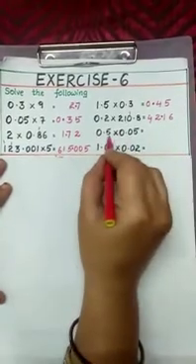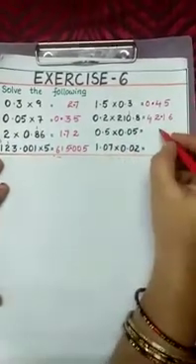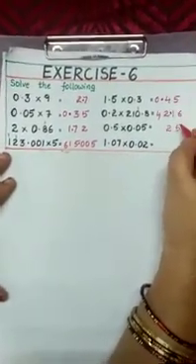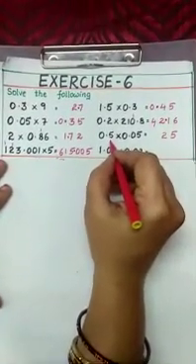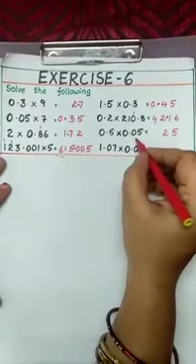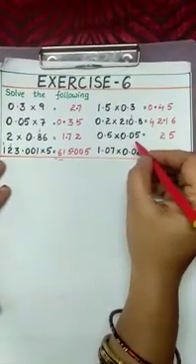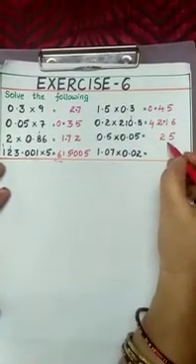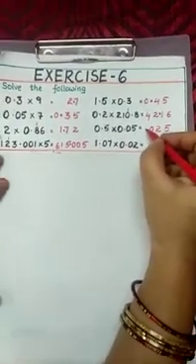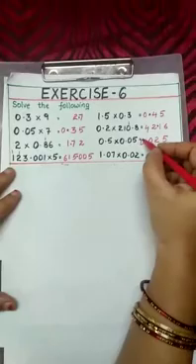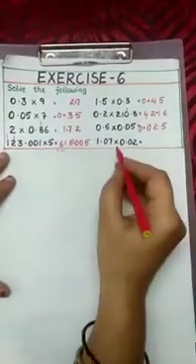So now whole numbers are 5 and 5. 5 5s are 25. Now count the decimal places. In the first decimal we have 1 place. In the second decimal we have 2 places. Total 3 places. But here we have only 2 places. 1, 2. The third place you have to insert 0. Then you place the decimal. 0.025. The last one